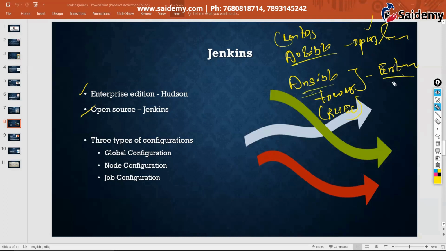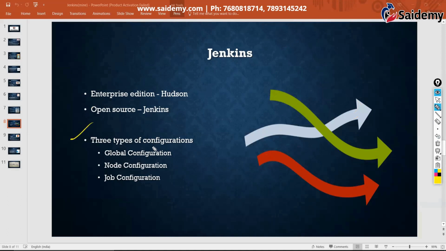It belongs to a company called Red Hat, Ansible. So you need to pay a bit of an amount to the company, and the company will support you if you get any errors and all. Okay. So here also, Jenkins is open source. Hudson is the enterprise edition of Jenkins. But mostly in companies we use open source, because no client wants to waste their money unnecessarily paying to companies and all. Okay, that's the reason. You learn any one, same, you don't find any difference.